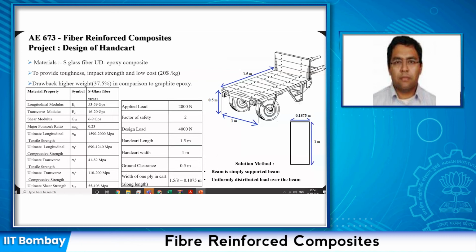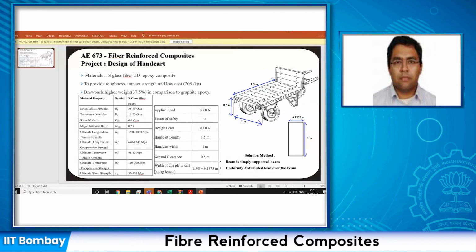What I'm trying to say is you don't have to say that as a drawback, because the project is about making it with a composite. The drawback should be with respect to what is there today. Graphite epoxy is a hypothetical material. You are saying if I were to use that, then that would give me this much, therefore this is a drawback. It doesn't work like that. The drawback should always be with respect to what is there today. Suppose today there is a cart made of wood and glass is worse than the wood, then you say drawback. Okay. Anyway, that's fine. But my general comments, whatever I mentioned before, apply, and also you need to reorganize this slide better. Okay.